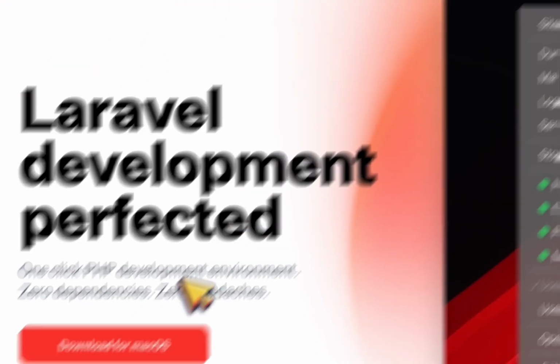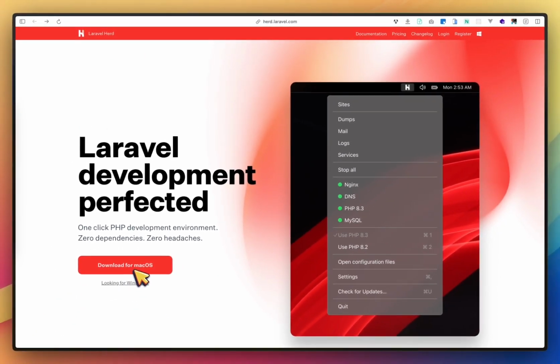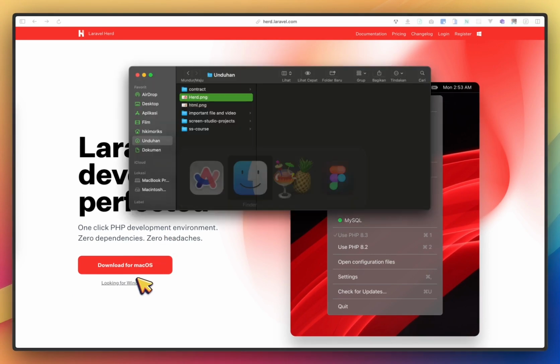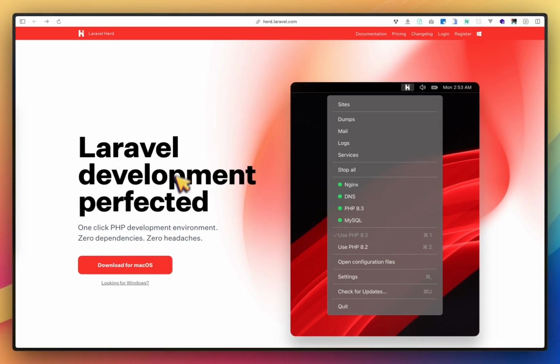Okay, if you already downloaded from the official website of Herd, you can get a .dmg file, and then you install. You can follow the steps.